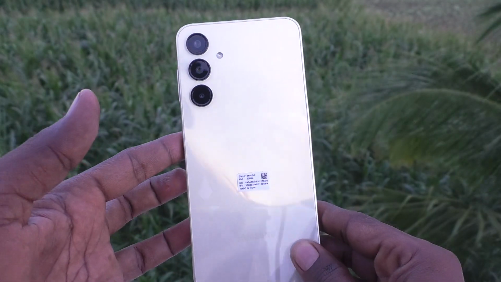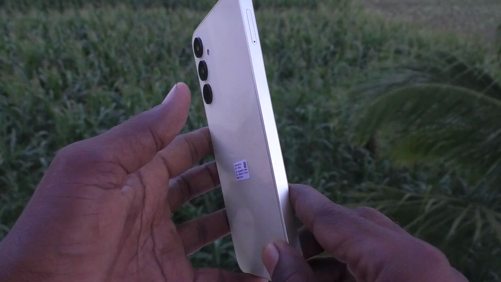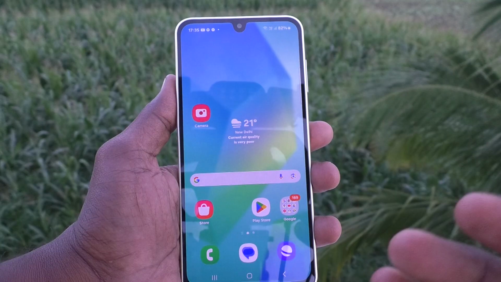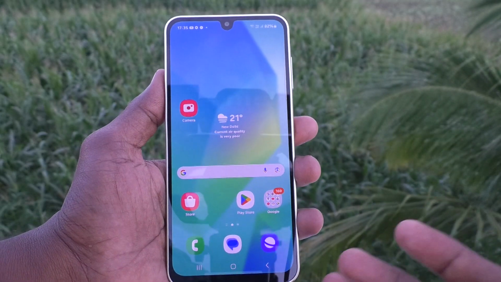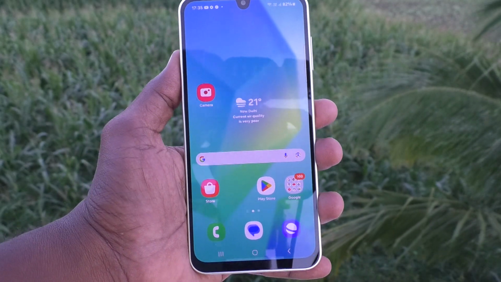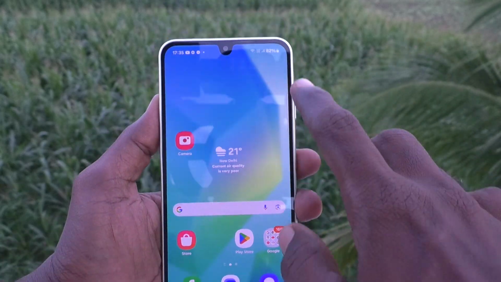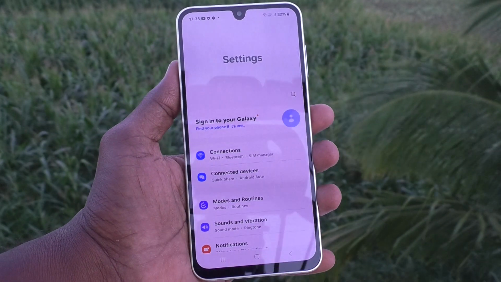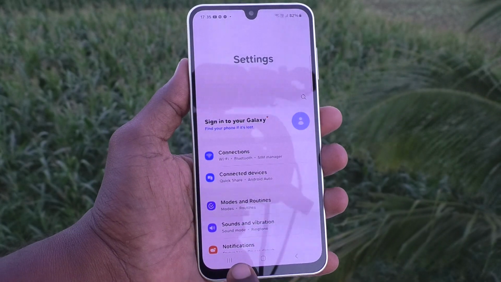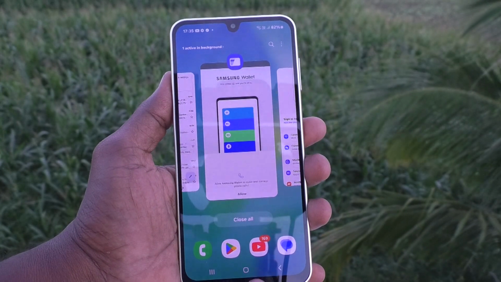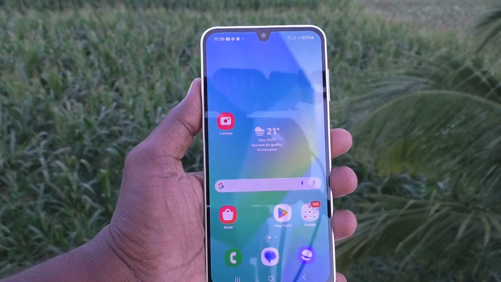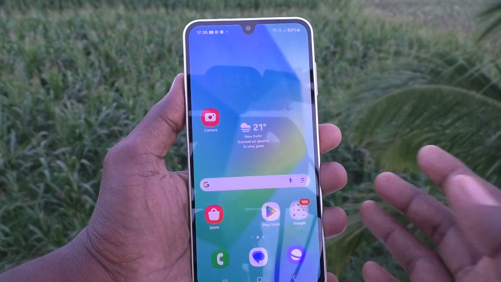Here is Samsung Galaxy A16 5G smartphone. In this video, you will learn how to change navigation buttons to gesture navigation in your phone Samsung Galaxy A16 5G. You will see navigation buttons below here. Okay, this is back button, this is home button, this is recent tab button. Okay, suppose instead of using buttons, if you would like to use gestures, then yes, you can change from buttons